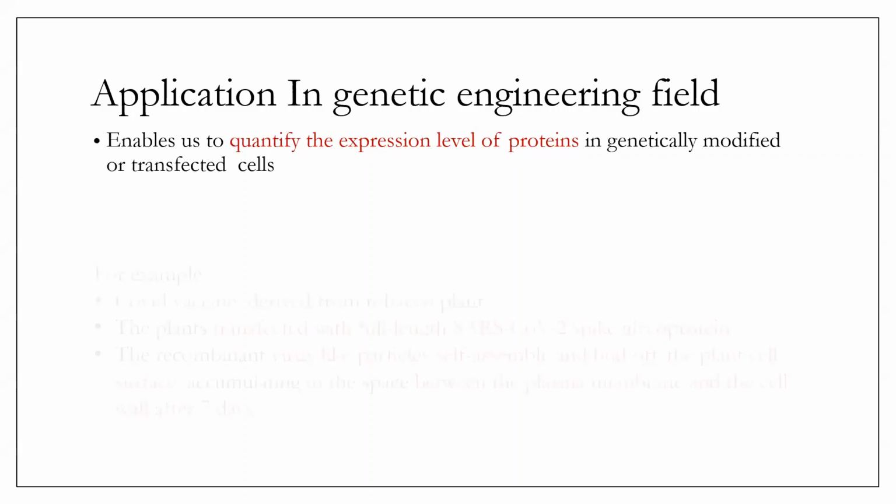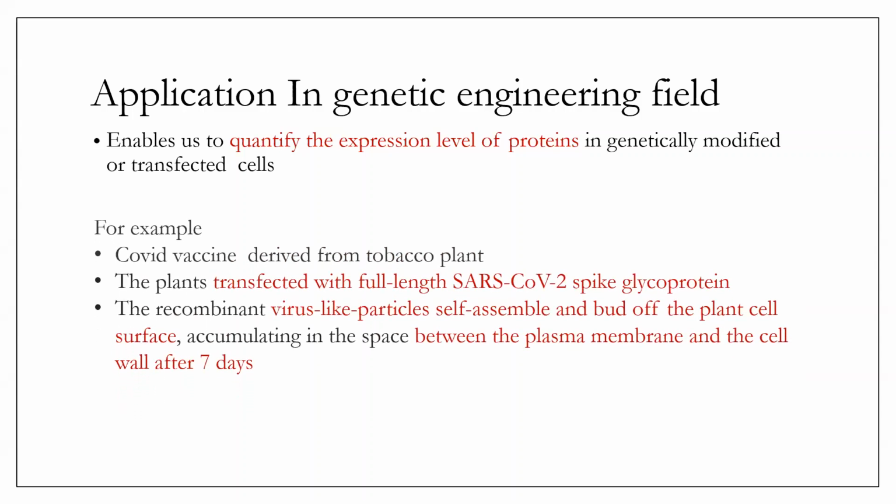For example, there is a company called Medicago which has transfected the leaves of tobacco with the SARS-CoV-2 spike glycoprotein, and they get a recombinant virus-like particle which self-assembles and buds off from the plant cell surface. Okay, so